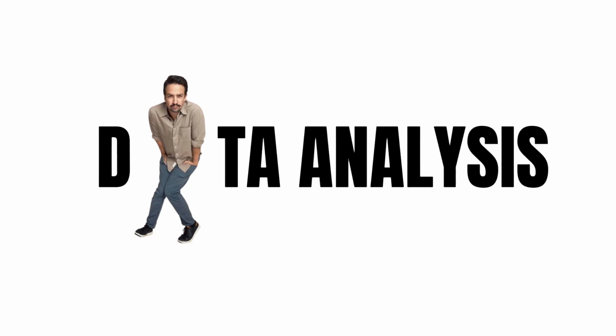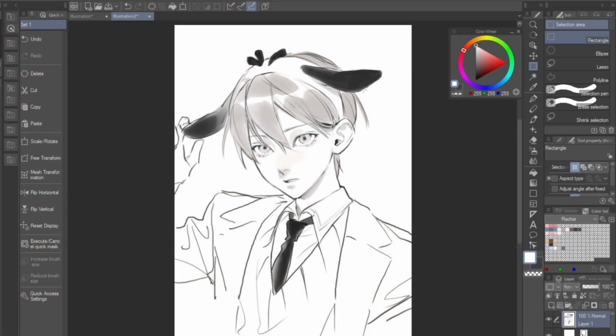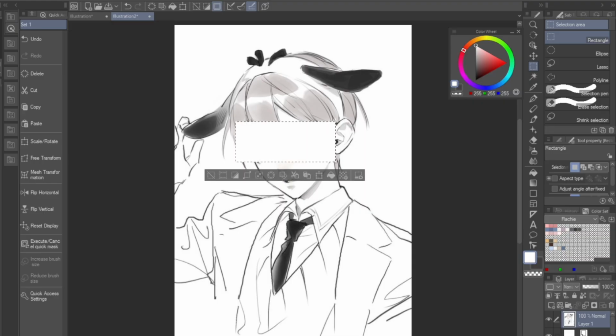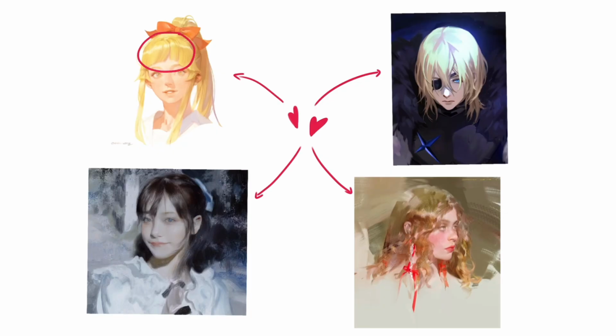Phase number 2, data analysis. Firstly, you want to begin by picking out key features that you would like to do in your own work. For example, let's say I have this cool artwork as one of my references, and I really like how the eyes are drawn, so I'll crop this picture just to show the eyes to save in my reference sheet. This stage is pretty much just finding things you like about somebody's artwork and noting it down so we can